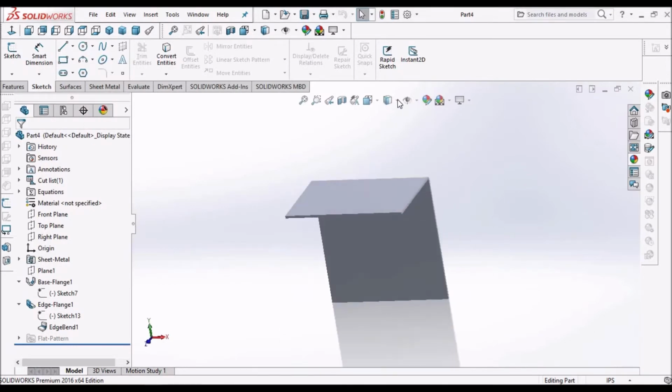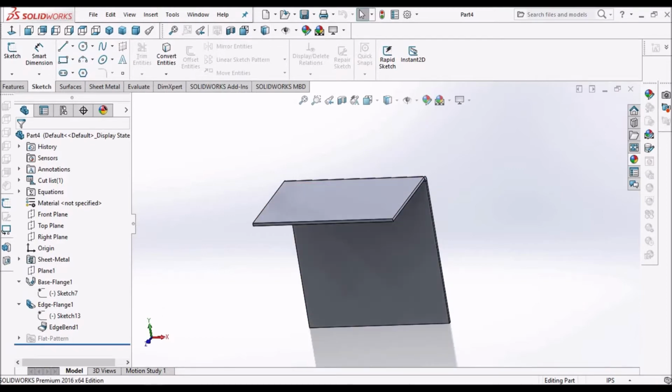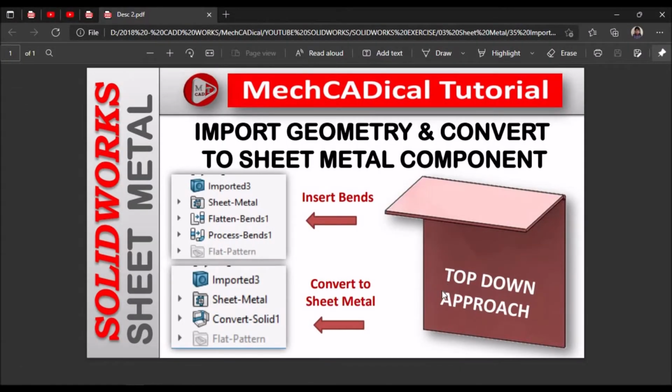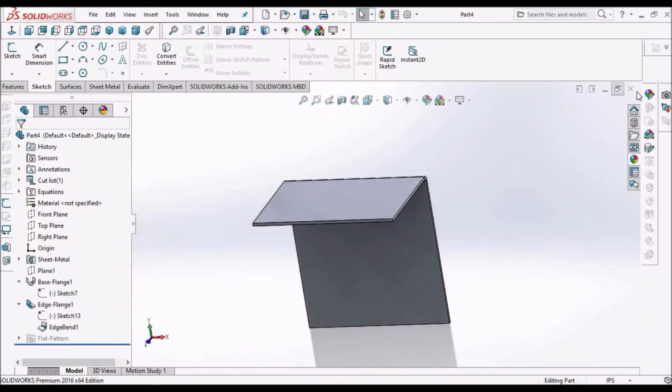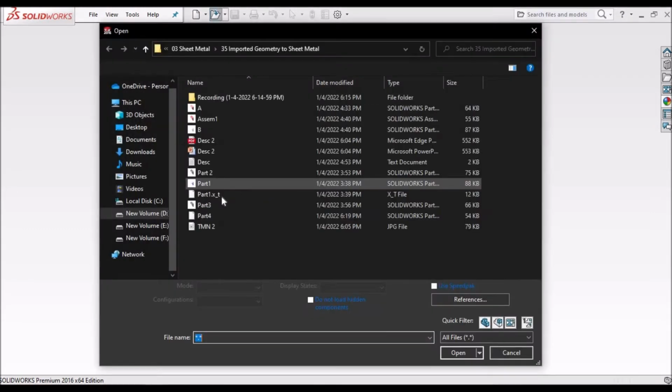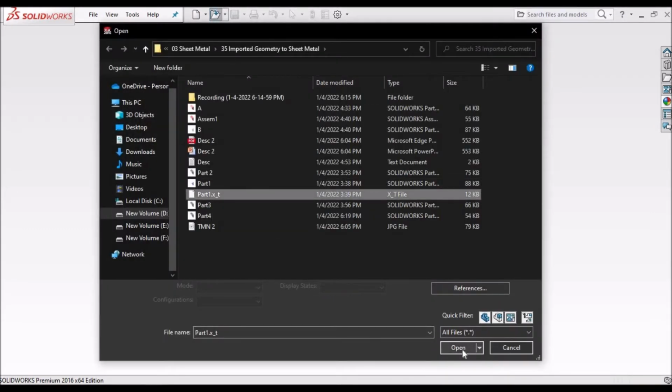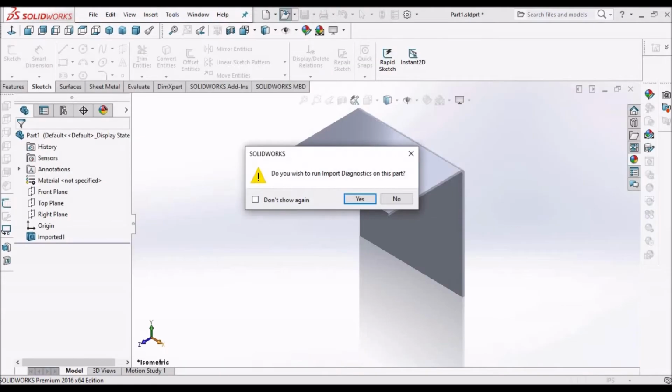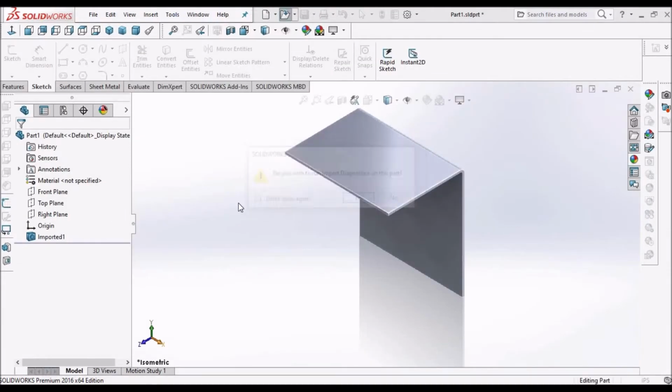But if it is a complex component, sometimes it cannot recognize these features automatically. So for that we have to go with the top-down approach. Now once again I am opening the Parasolid. Say OK.